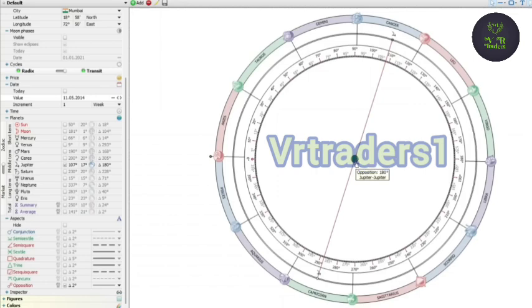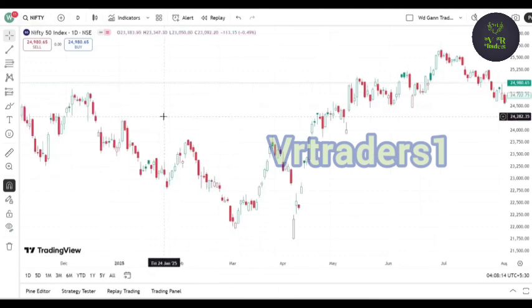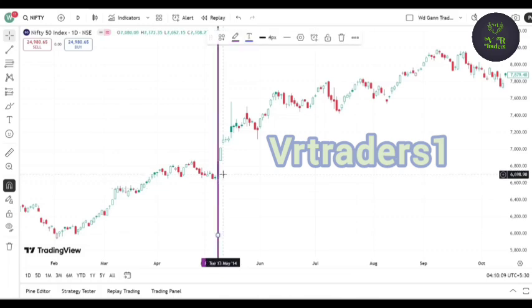Now let's apply this date on the Nifty chart. So open the TradingView app. Here is our TradingView app and the Nifty chart. The date is 11th May 2014. Here you can see that 11th May 2014 is a holiday, so we will consider the date before, which is 9th May 2014. Let's mark it. Here you can see that Nifty moved from 6659 to 7430, which is almost a 10% movement in Nifty in the bullish direction. So we can say it is working with very high accuracy on the Nifty chart.